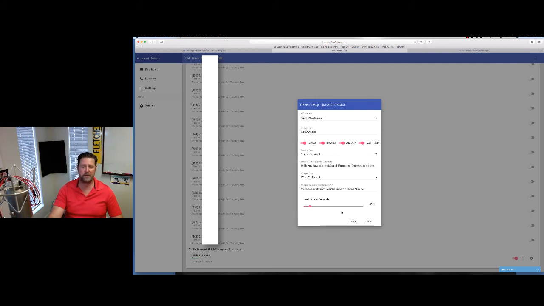Now at 45 seconds, what this means is that every call over 45 seconds is going to go into a different bucket in your dashboard. You're going to be able to look there and say, oh, we had 15 calls this week that were over 45 seconds. We're going to bill the customer for those 15 calls. We had another 35 calls that were under 45 seconds. We're not going to bill the customer for those calls because they didn't meet the criteria that we have set,